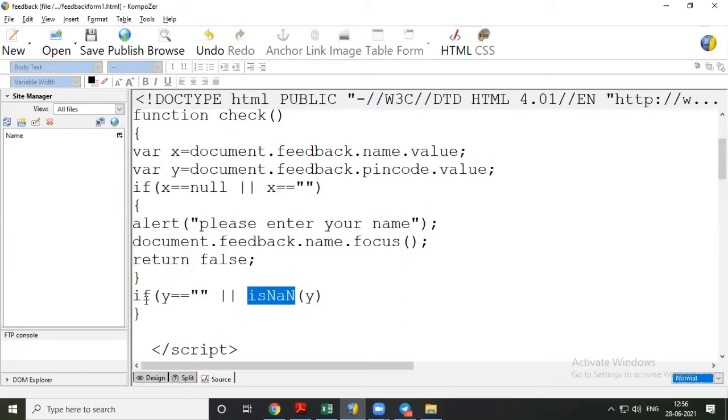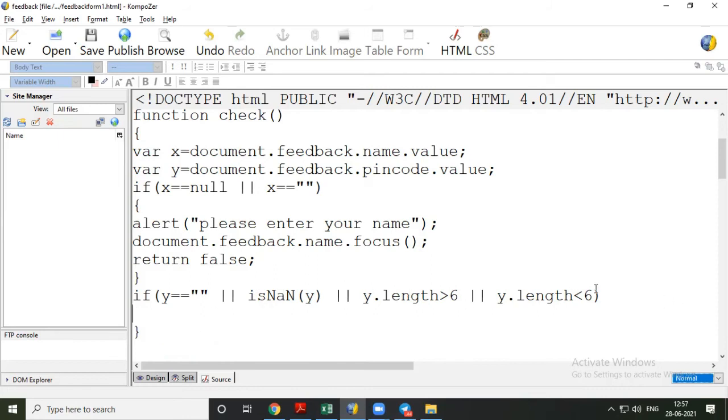This we have to remember: the I is small, and the N in both places is capital. This has to be taken care of. Then y dot length greater than 6 or y dot length less than 6. Now the bracket is over. Now there are 4 conditions.